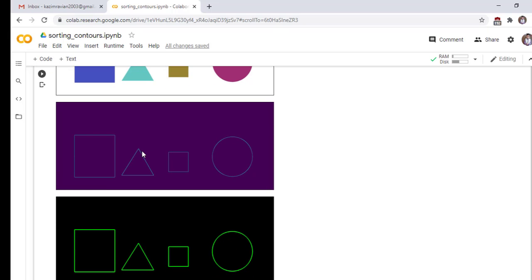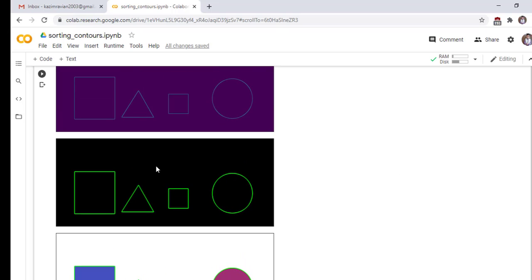The next image shows the Canny edge detector. The boundaries of these shapes are called the contours of these shapes. So now we extract the contours from these shapes and then draw these contours on our blank image. Actually, these are not rectangles, but they are all contours which we have already extracted from the above code.